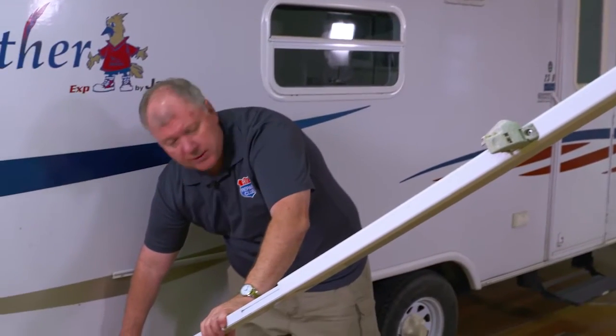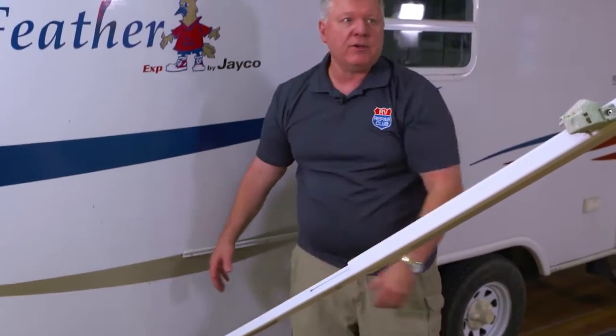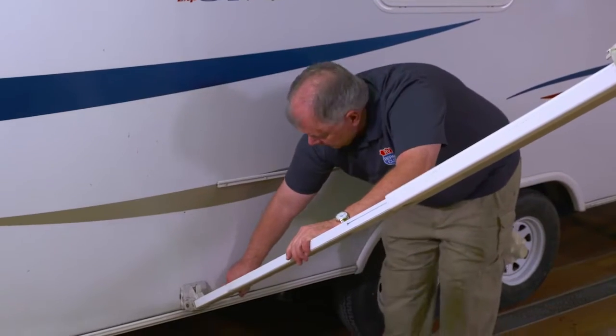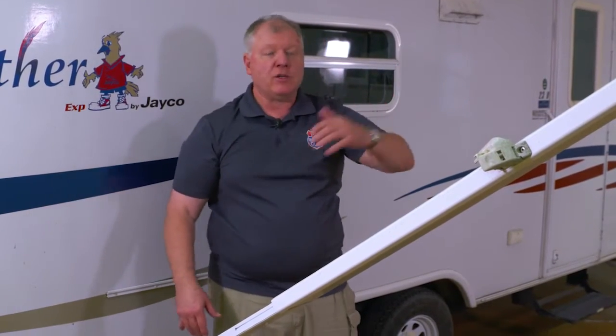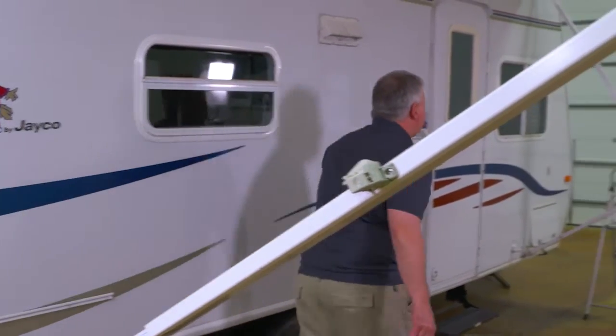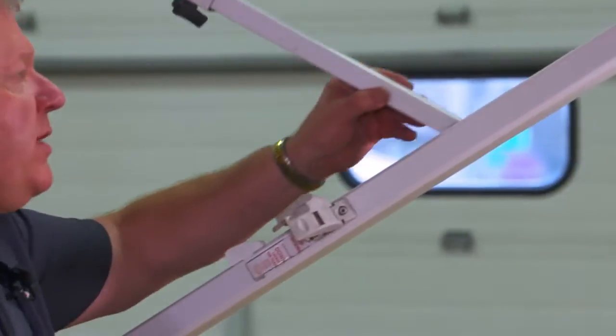Now if I wanted to, I could take and remove this down at the bottom here. We just have a little clip, and I could literally take this out and create a post, and we see that we have these little round outlets here. I can put stakes in those, stake it to the ground, and I can also do a screened-in patio in this. So I'm just going to go to the other side, run that back up, and see where we're really